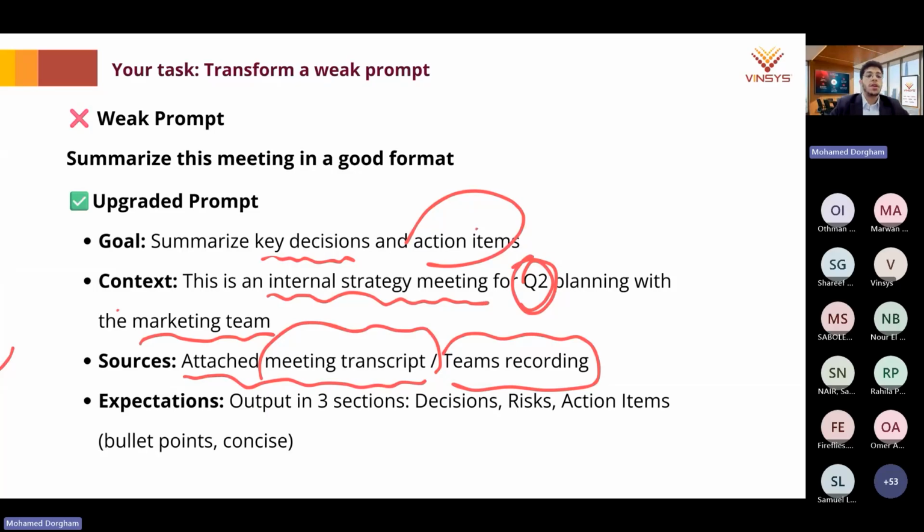Now the fourth part is, what are the expectations? What is your expectation from this AI? What is the output you're looking for? Do you want the output in decisions? Do you want only decisions? Do you want risks? Do you want some action items? Sometimes for me personally, when I ask the AI to summarize a meeting, I want it to give me action points because this is what matters for me. I might be involved in a 2-hour meeting, but at the end of the meeting, I don't know what to do next. We spoke a lot about a lot of things, but I want to know what's next. So for that, I will ask the AI to give me some action points. What are the next steps?